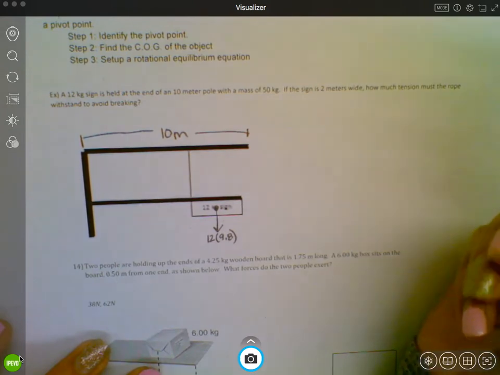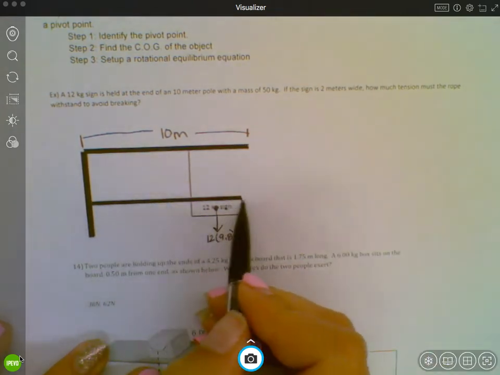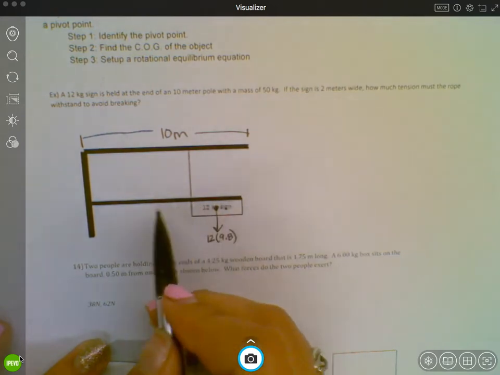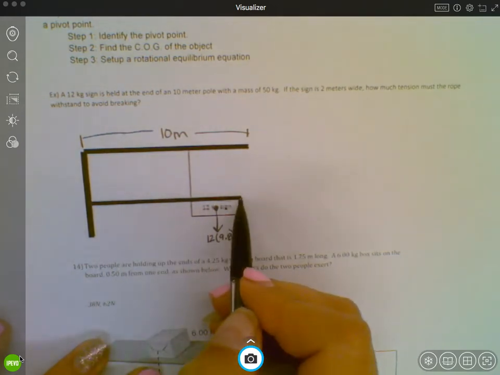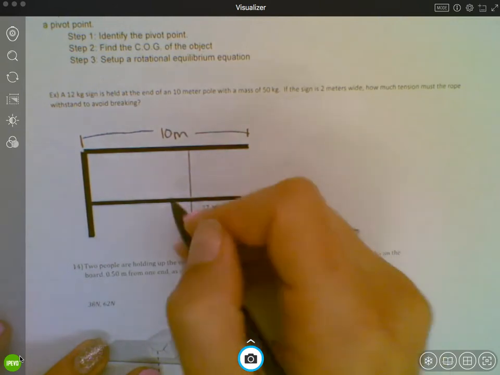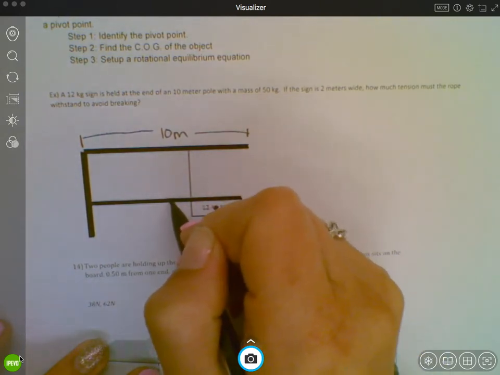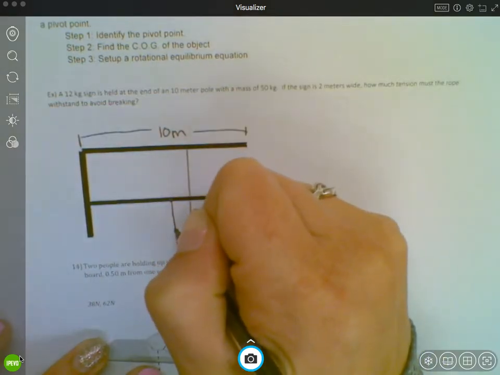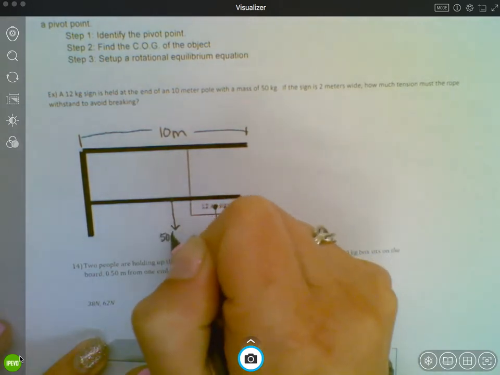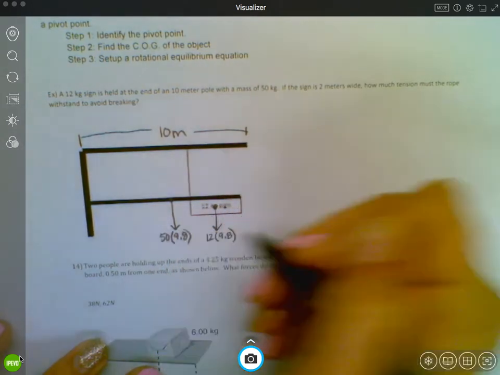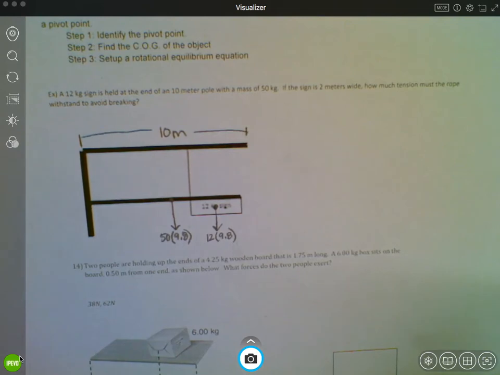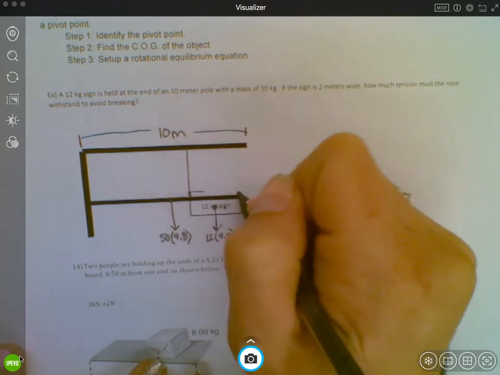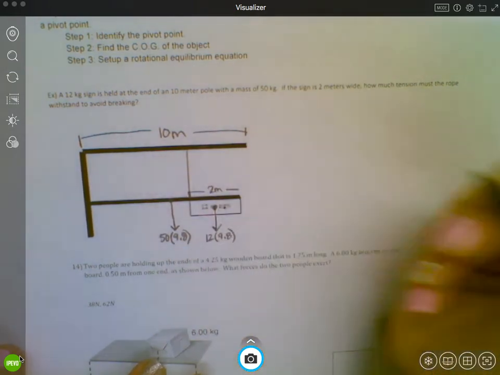The pole has a mass of 50. They didn't tell us that it was not in the middle, so we're going to assume that the weight of the pole is in the center. The center of gravity is in the middle. So I'm going to put the force of gravity from the pole in the middle. If the sign is 2 meters wide, so from here to here is 2 meters,